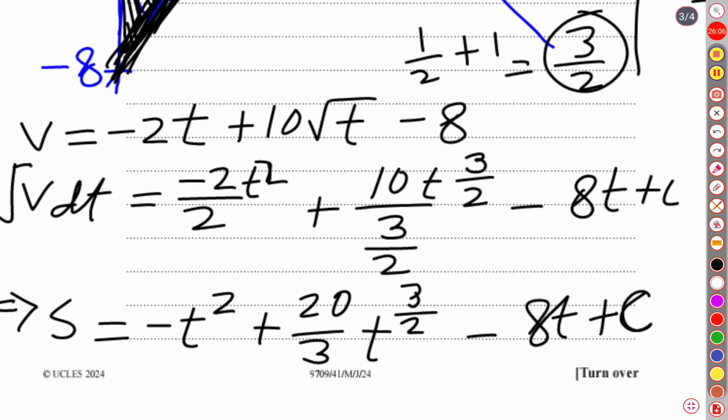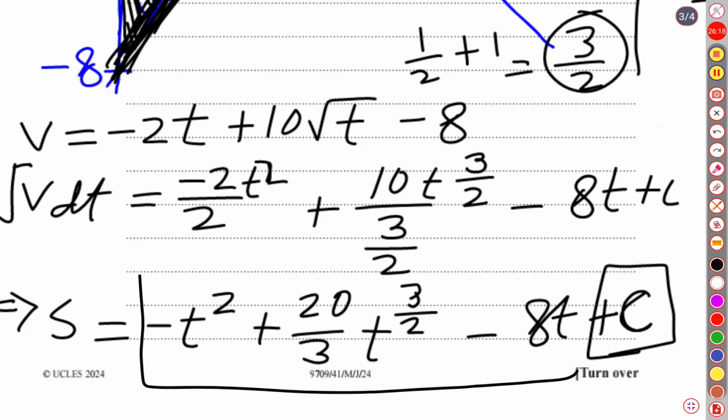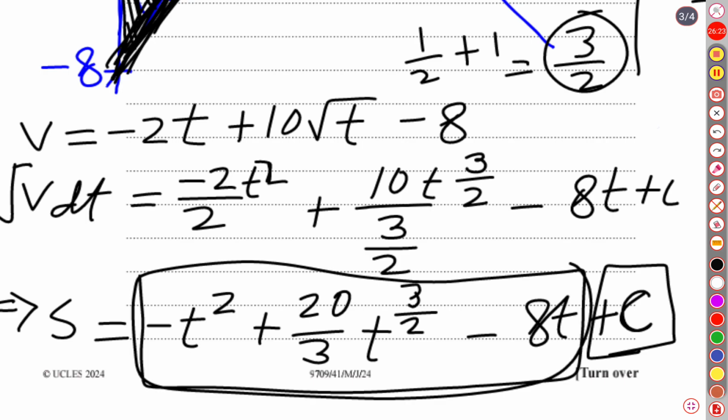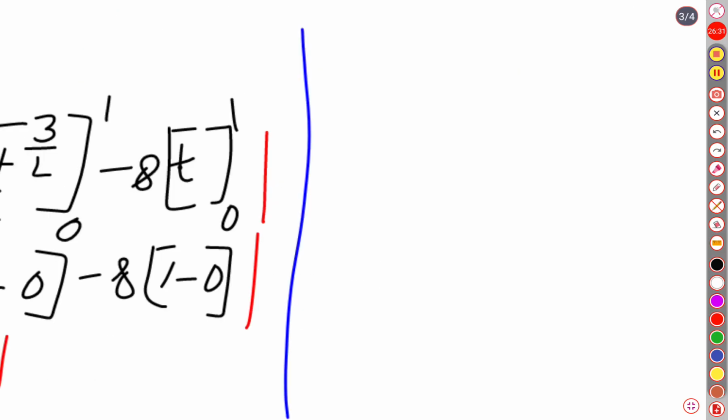Remember, we didn't use this c, because for a definite integral there is no constant, so c is unnecessary to be written here. And this is actually our distance function, the integrated part of velocity. So for the second phase, it's from 1 to 16. Let me find some space to write. We can write it as s2. s2 is equal to